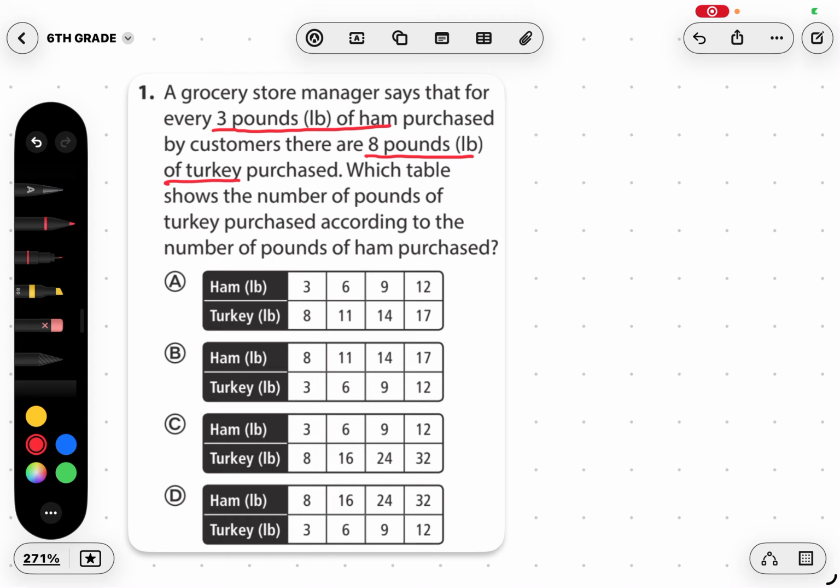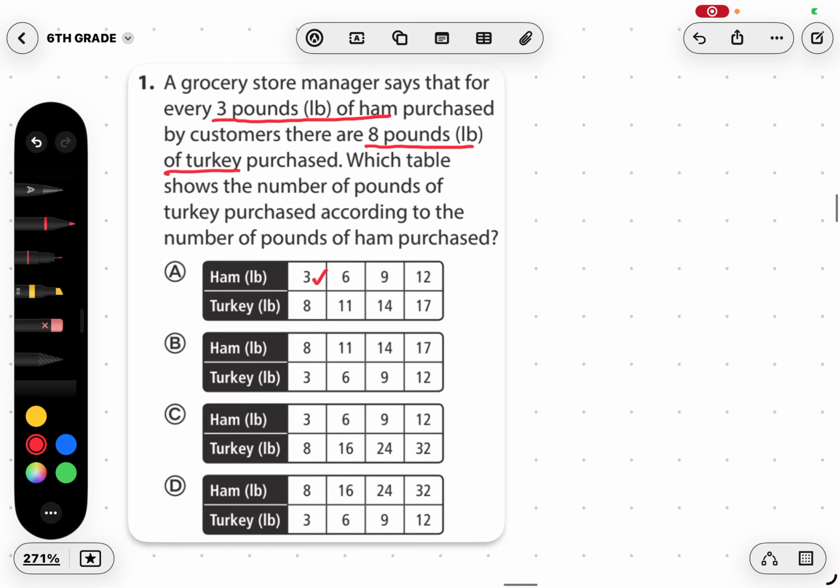Ham has to be 3 pounds, turkey has to be 8. That one shows it, so that could be a potential answer. B is not correct because these numbers right here aren't in the correct order. C could be correct because the 3 and the 8 are in the right place. And D would not be because the 3 and the 8 are not in the correct place. Now that we've given ourselves a better chance of getting this correct, let's eliminate one of these by seeing if they add up properly. Okay, so